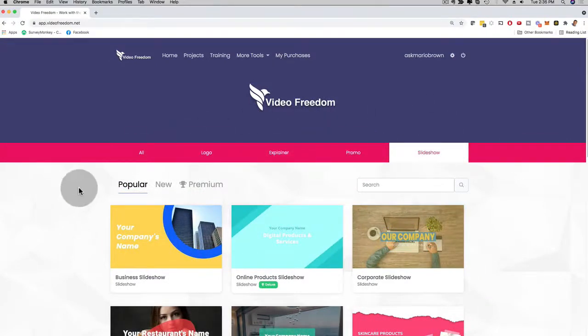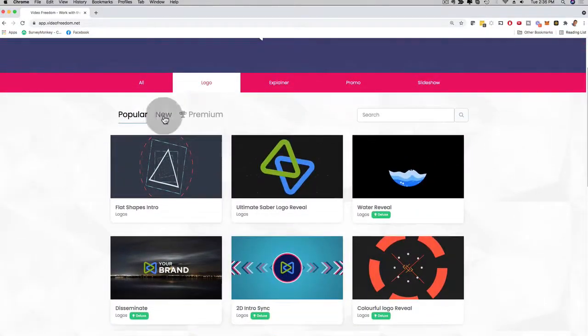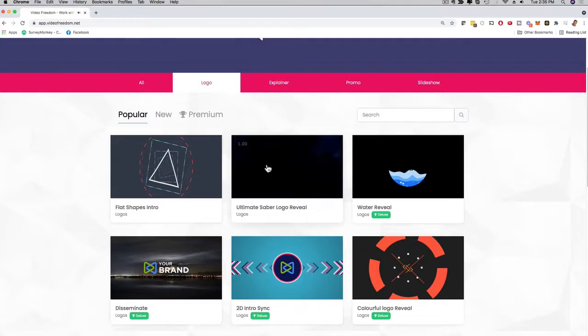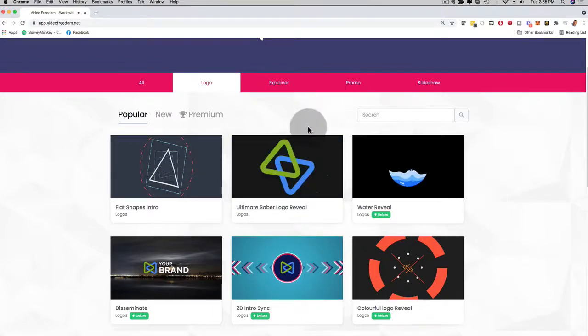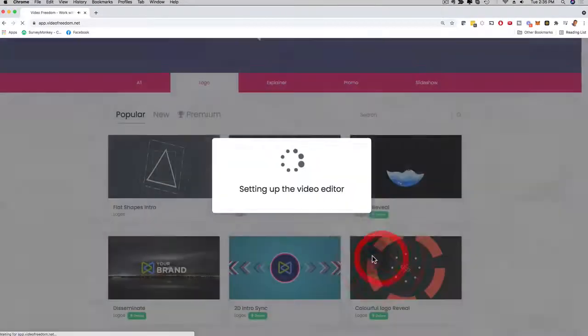This is the software dashboard right here. If I go back here, for example, to the logo, if you want to preview any of these, you can just hover over them. And now you can see here that it's previewing this actual logo animation, right? And if you like it and you want to sell this logo on Fiverr, for example, or any of the other logos right here, you can just click on the video. Okay, I'm going to pause this here, and then all I have to do is click here on create video,